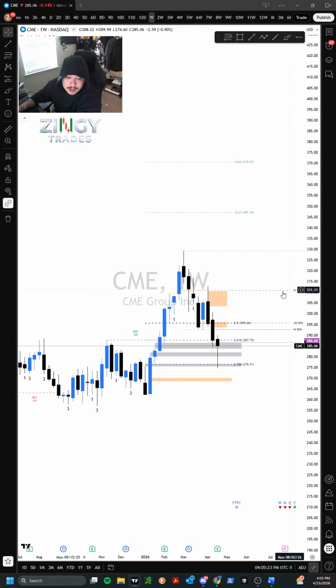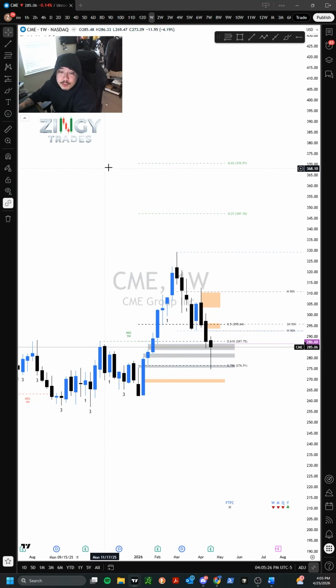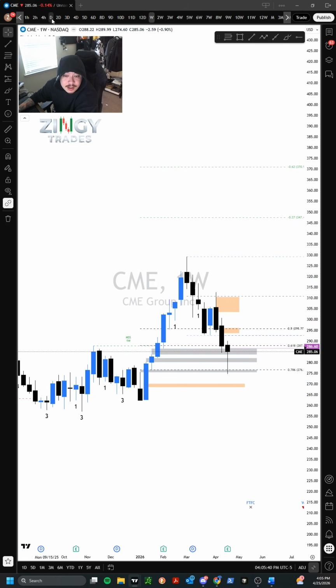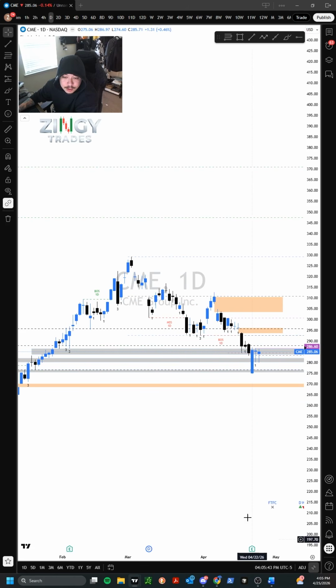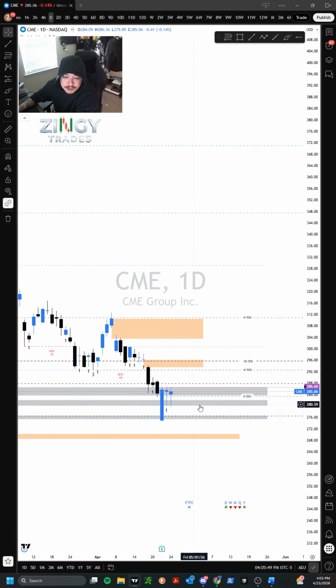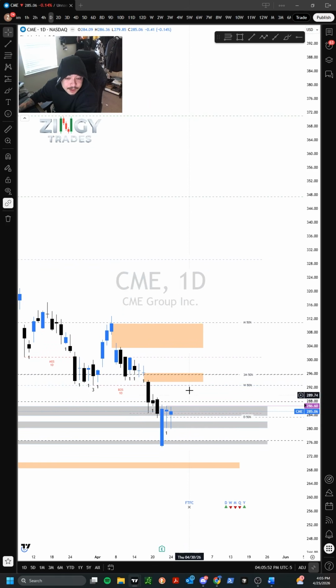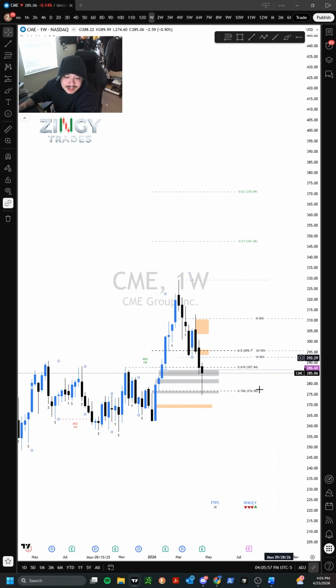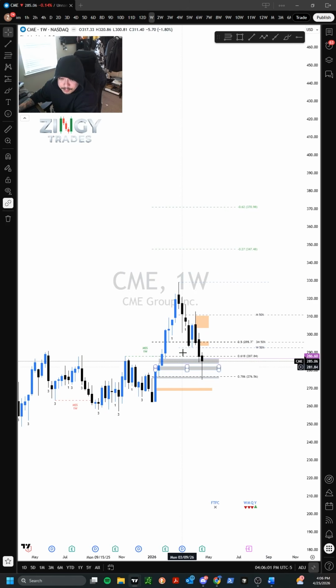Number 4 on the list is CME. CME is a little bit more straightforward in sense of what I would like it to do. You can see that we do have weekly OTE on this. We are a hammer on the week as well. Earnings is now out of the way. To be fair, earnings is what got us down to the price that we are currently at, but you can see that post earnings, they continue to just buy it up, and we've now closed as a double hammer day within that. So I'm looking for CME to make a move to the upside based out of weekly discount. Bear in mind that this is on a weekly time frame, so play that with a little bit more time.